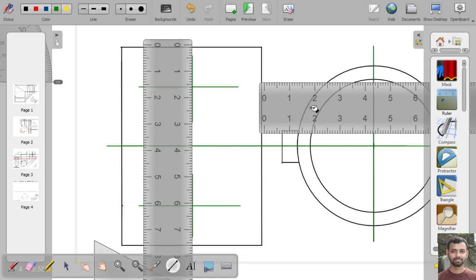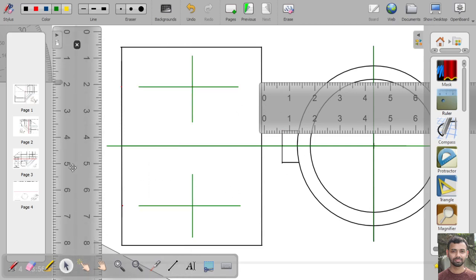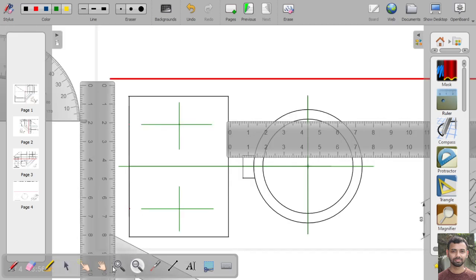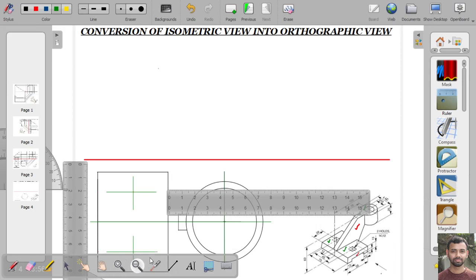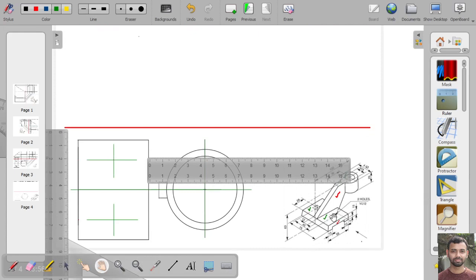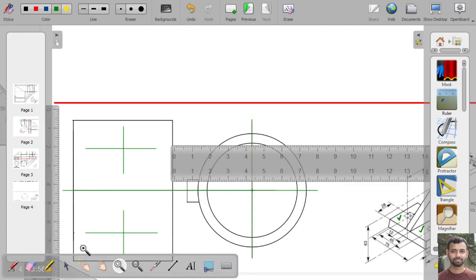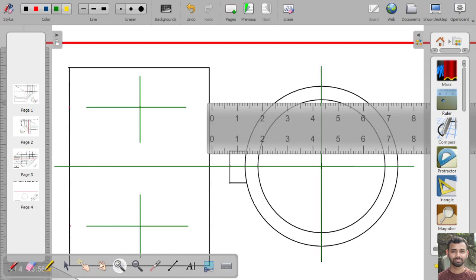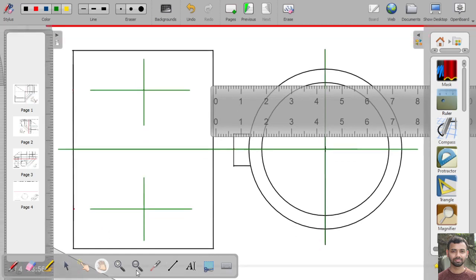Okay. Now we will draw the square slots. The dimension of the square slot is 12 mm. Okay. So the dimension of the square slot is 12 mm, or both the sides are 12 mm in dimension. So if we draw it, then